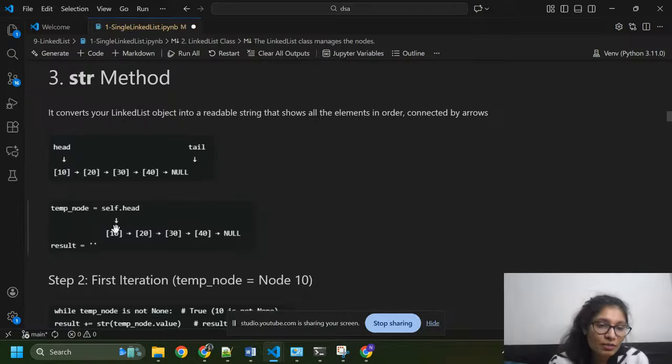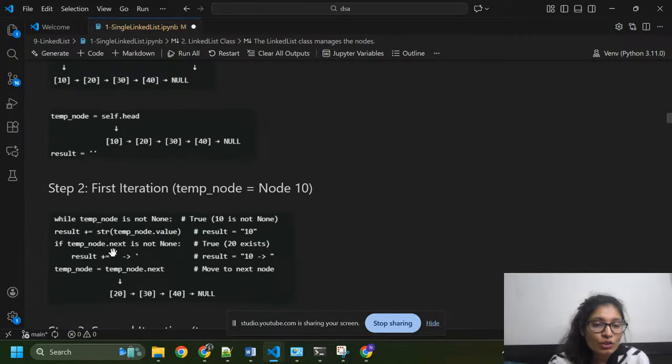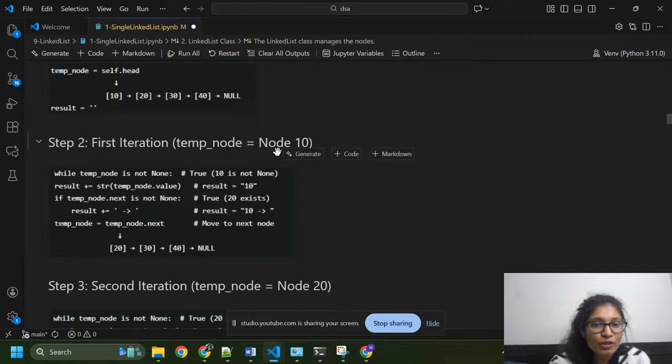Here we can continue our linked list like 10, 20, 30, 40 and null. And result should be empty initially. In the first iteration, temp node equals node 10. While temp node is not None, 10 is not None.